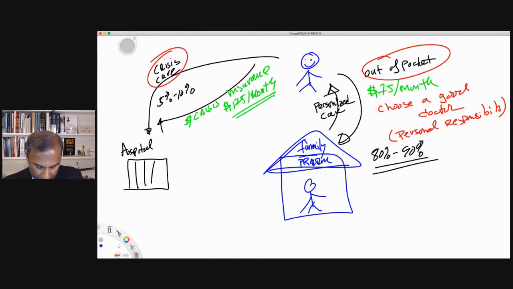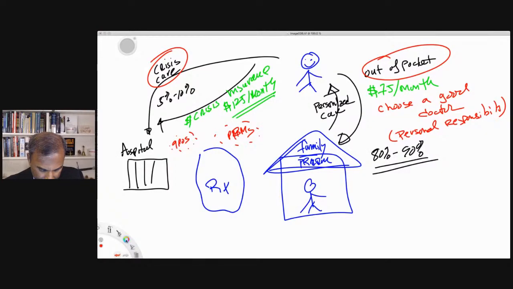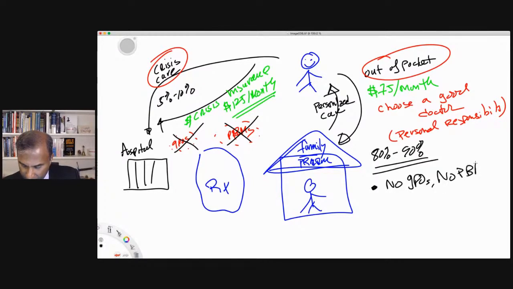Relative to the RX, what we want to do is here, you notice GPOs, PBMs, we get rid of these guys, okay? So what do we have here now? We have no GPOs, no PBMs, lower costs,